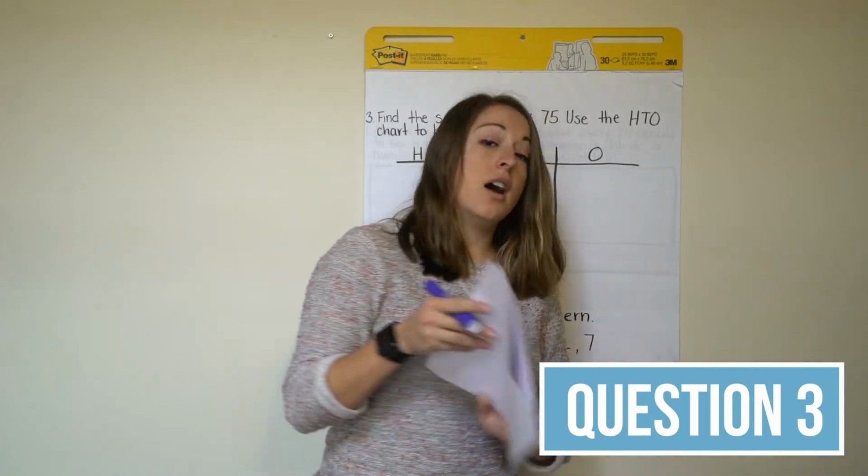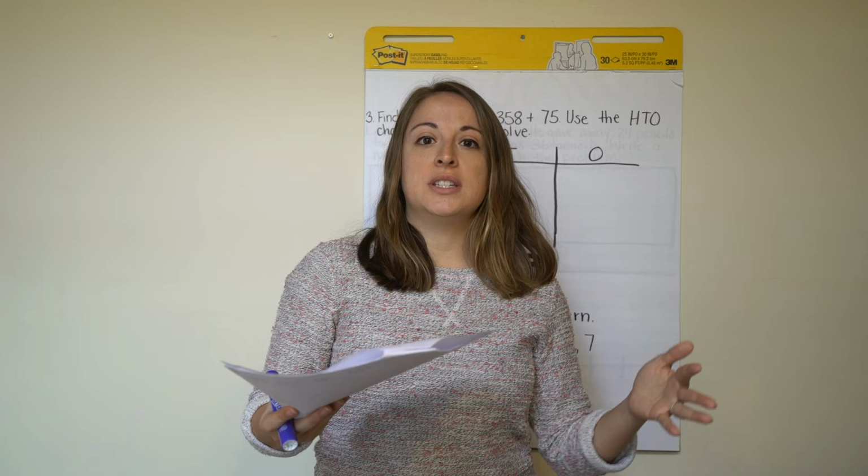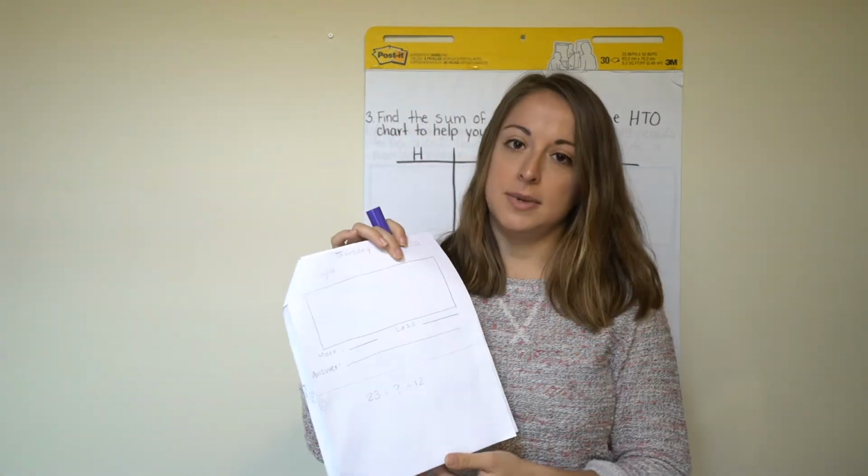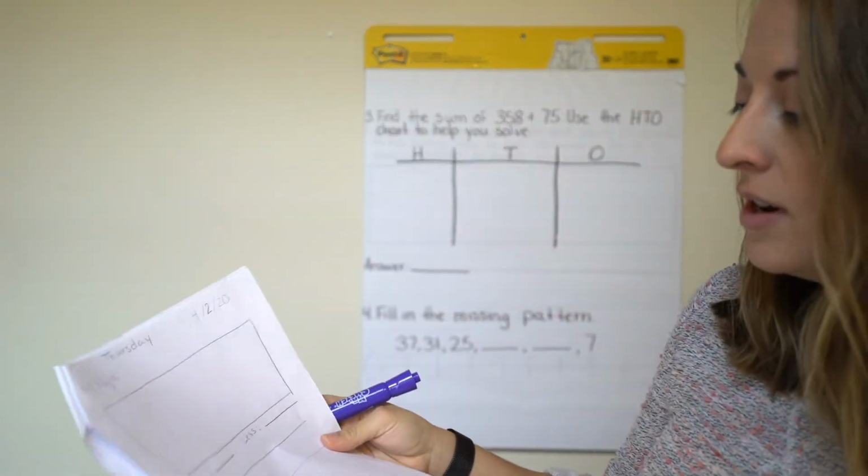You're going to go to the other side of your piece of paper. And if you have all of this printed out, that's totally fine. You can skip this part if you don't need to write it on a piece of paper. But if you weren't able to print it out, then you need to write these parts on this piece of paper. So for number 3,